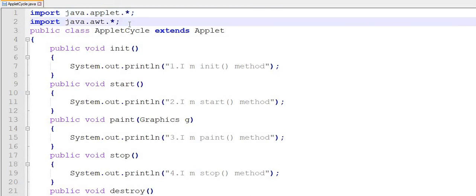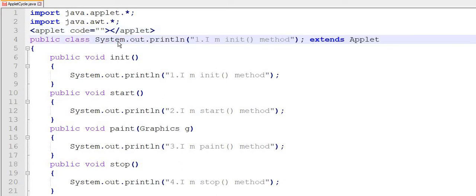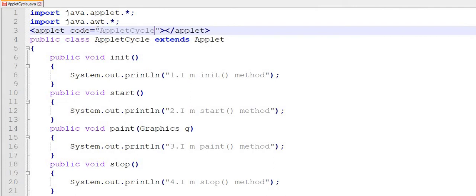So here you have to just include the applet tag, with its closing tag also, and give attributes for the applet tag, in which you will include the .class file of your program.